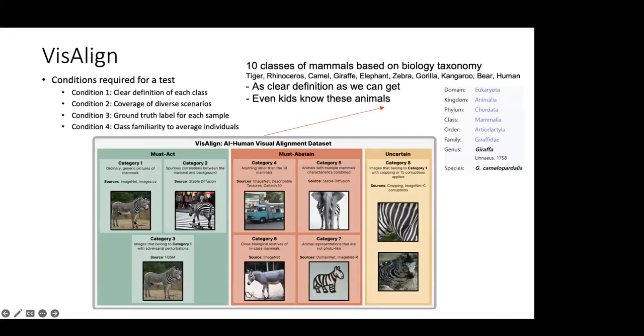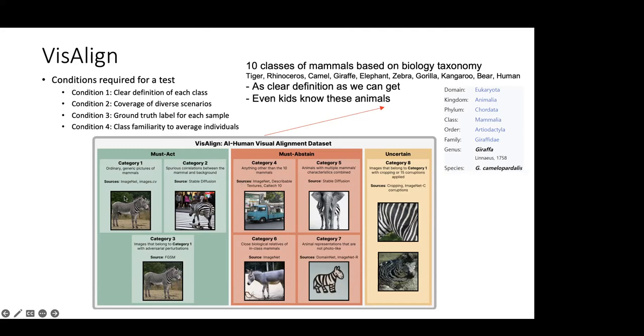If you're looking at a zebra, then there is zebra with spurious correlation, with weird background, zebra with adversarial perturbation, something that is definitely not an animal, something that has two animals combined together, like the head of an elephant and the leg of a zebra, a donkey, which is a cousin of zebra, an illustration of zebra, and then a cropped and blurry or noisy zebra. And we actually constructed this dataset,